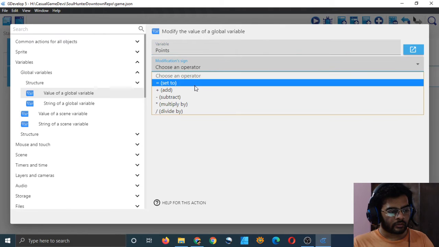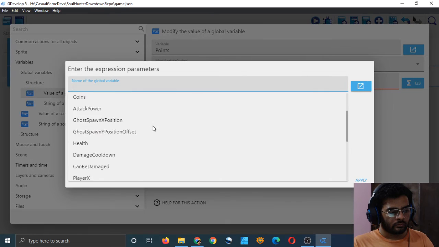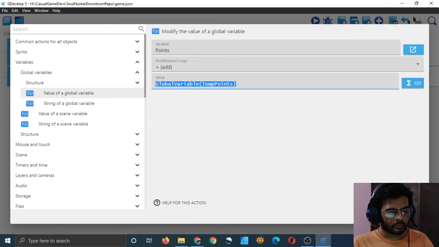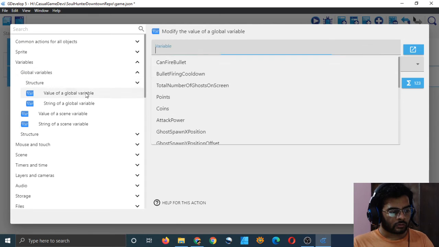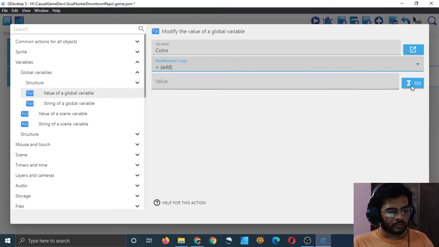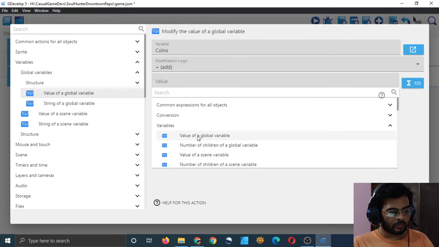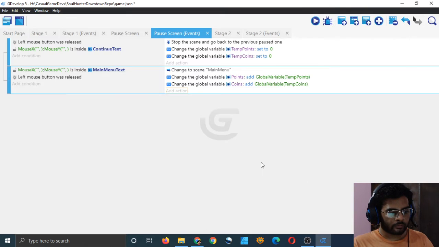Points plus global variable temp points, apply. Okay. And now again points plus global variable temp points. Oh, temp coins, apply. Okay.